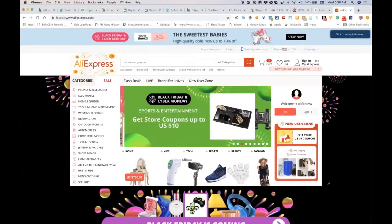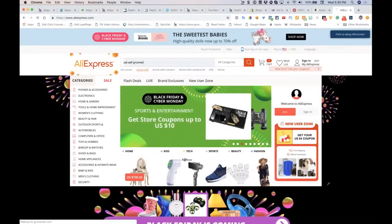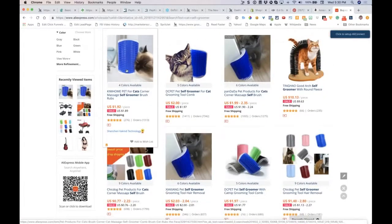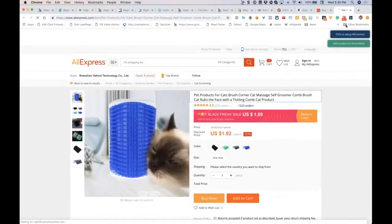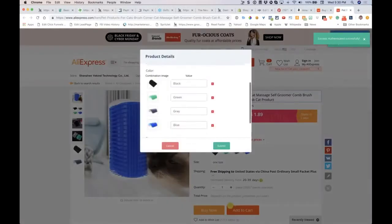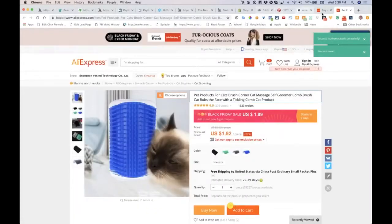So when I'm at AliExpress, I will type in the cat self groomer, and let's see what I can buy this thing for. All right. Well, I can buy these things for $1.92. So what I do is I click on this thing. My Chrome plugin shows me this right here. I add this product to my store, just like that. It adds all the variances, pet name, everything like that. I hit submit, and just like that, I go back to my store,